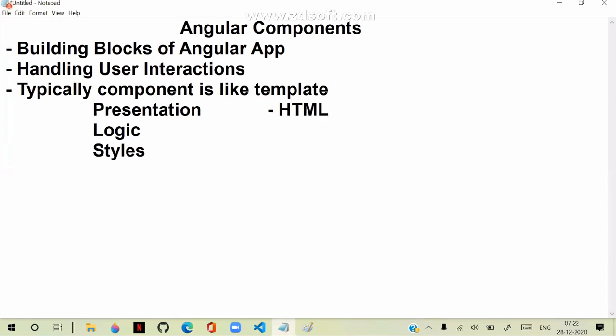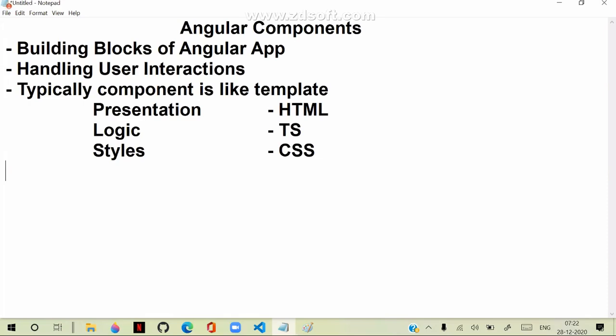It contains logic, here it is designed in TypeScript, and the styles are defined with CSS. So we build components and we use these components in an application. These components are given to the index page. User can access those components and handle various interactions.